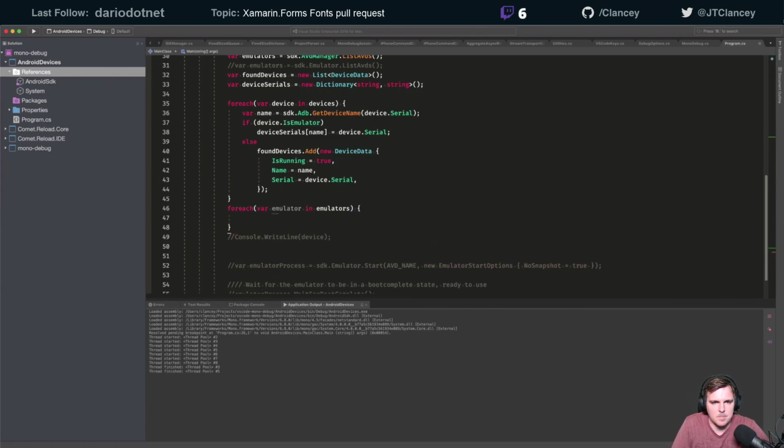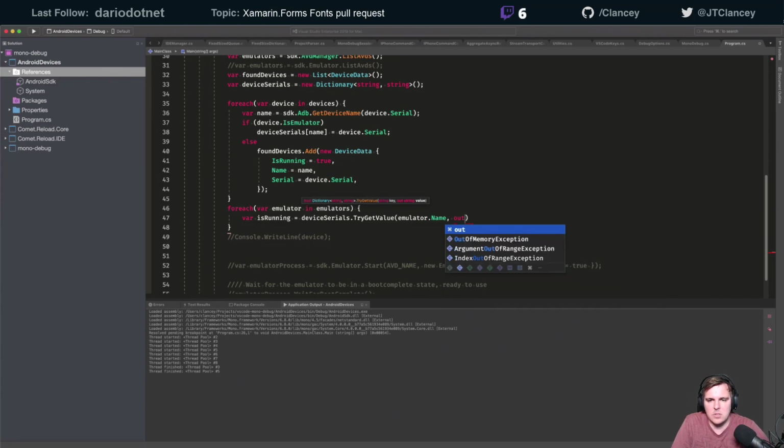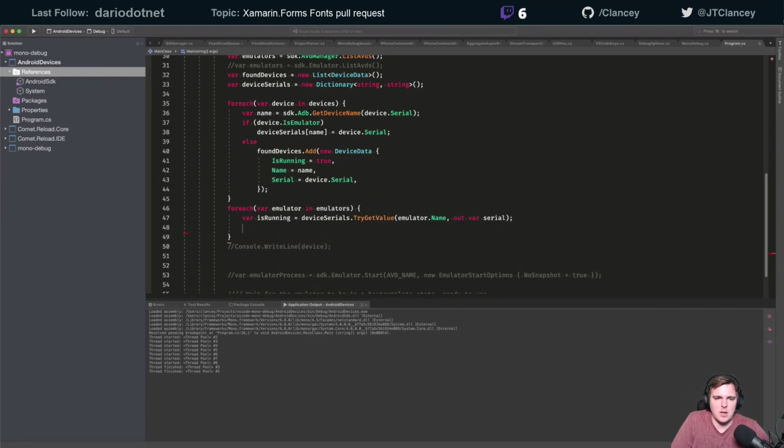We can just say device serials dot try get. Actually, we'll say var is running equals this. Try get out value. We will say the key is emulator dot name, and then we'll do out var serial. All right, so now found devices dot add